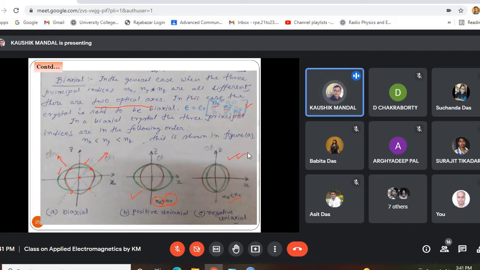Now we are basically defining these refractive indices, one is extraordinary and one is ordinary. That depends on the propagation of the light, whether it is propagating through the optical axis or through any other axis. Now this ordinary refractive index, or you can say the ordinary ray: if the light passes through this optical axis, then it will be called ordinary ray.